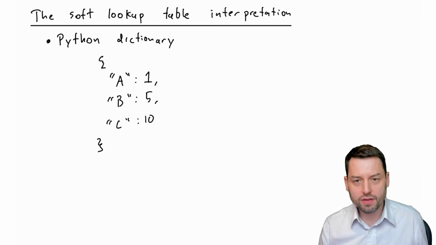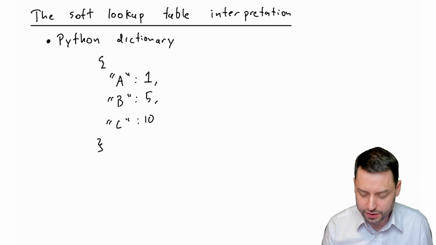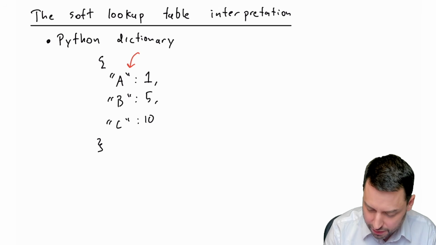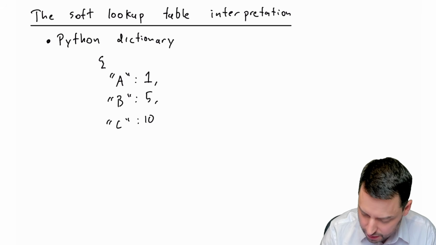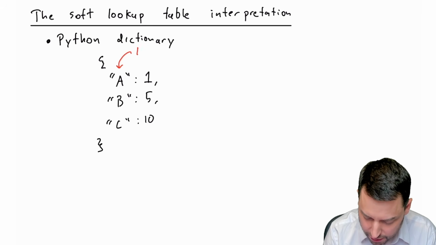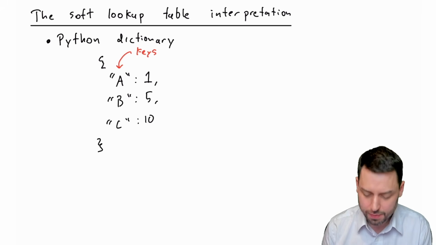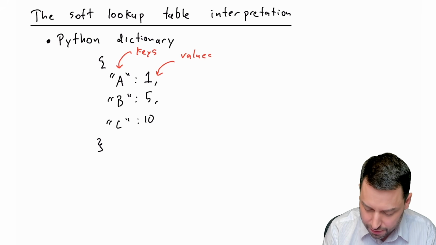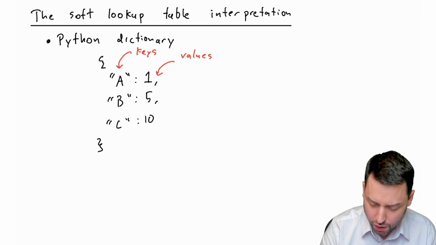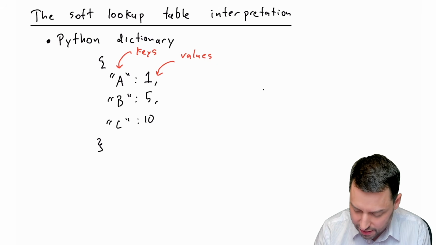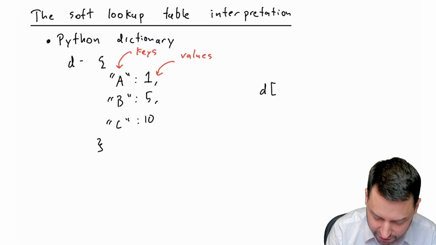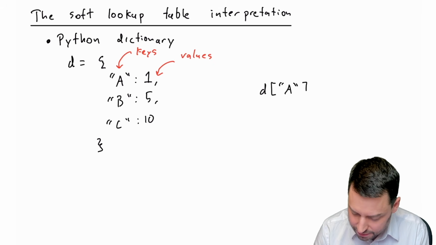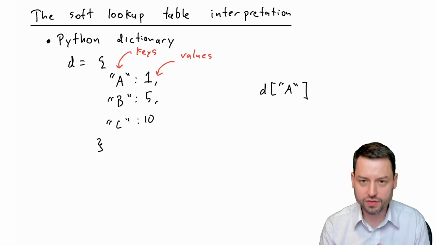The normal way of thinking about these different terms is you would call this first term here the keys in the dictionary, and you would call this next set of terms the values in the dictionary. And if I were to issue a command like this, say I define this as being equal to D. If I were to say D A, then when I input a key into this thing,